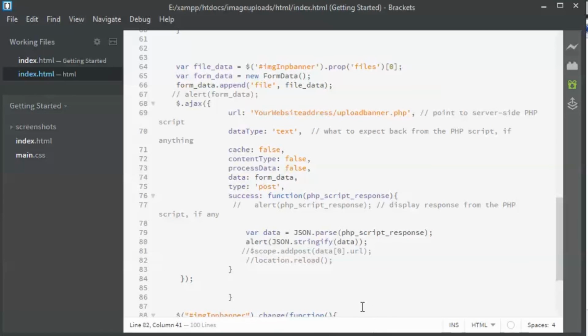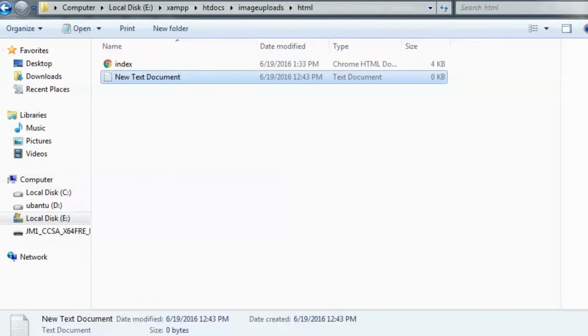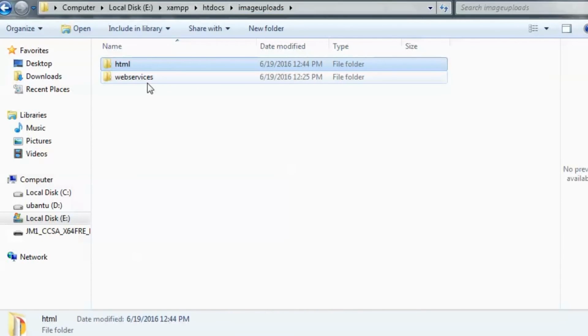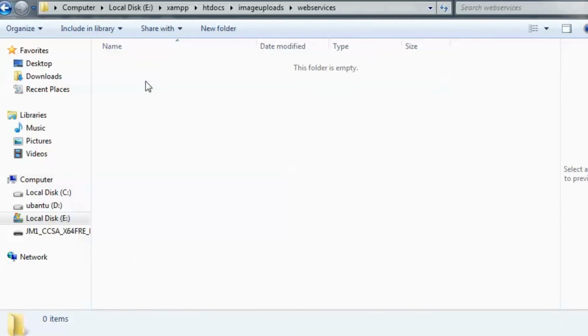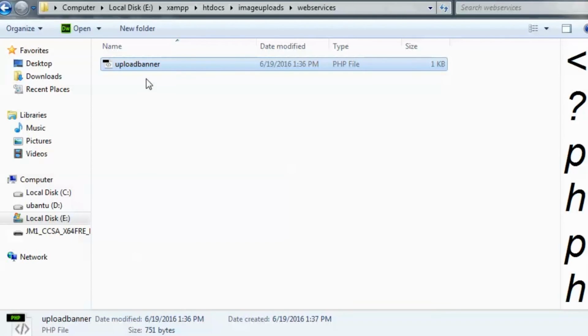Since I've already created the upload banner file before, I'm going to go to my file explorer in Windows, go to the image uploads project folder, go to web services, and paste the upload banner code in the web services. It is a very simple process.